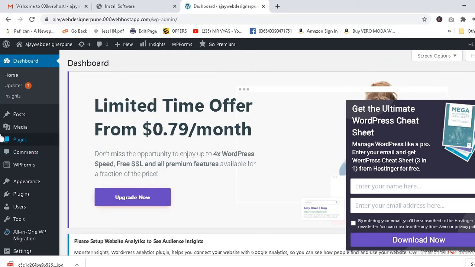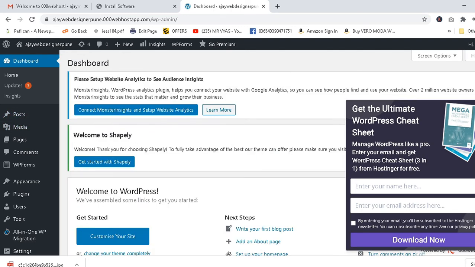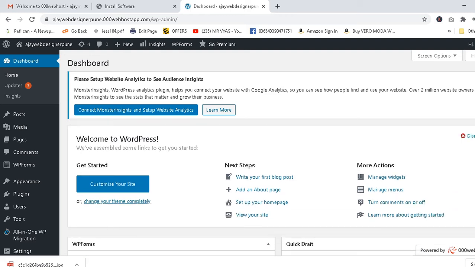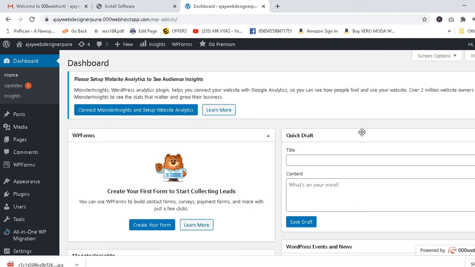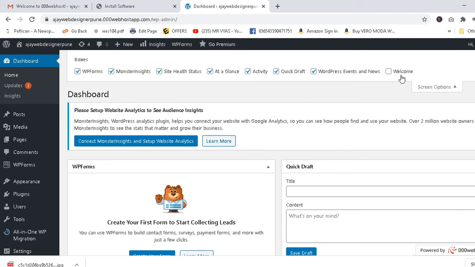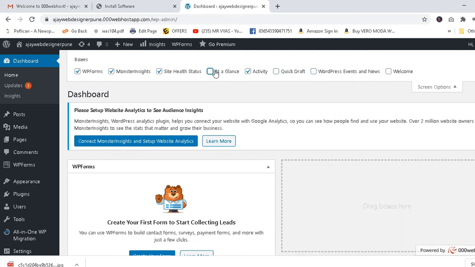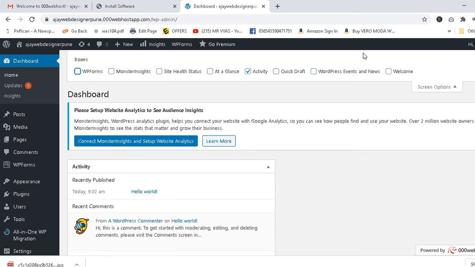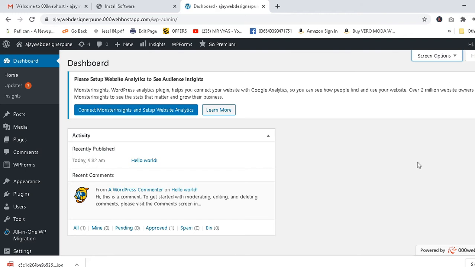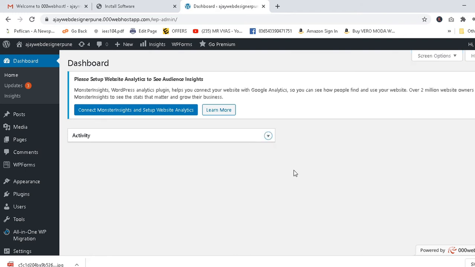In this window, have you seen WordPress? Everything is like this. It's a real WordPress site. You can click on some advertisements if you find some, because it's free, so you'll find a lot of advertisements here. For that, you can click on the upper side and turn all of this off. We don't require this one. Great, good, so this is wonderful. Now everything is plain. I don't have anything right now.